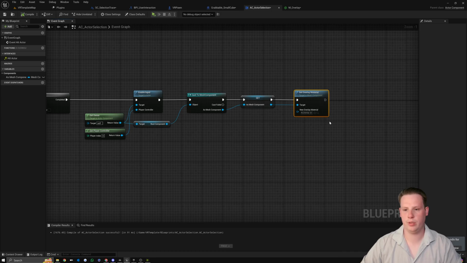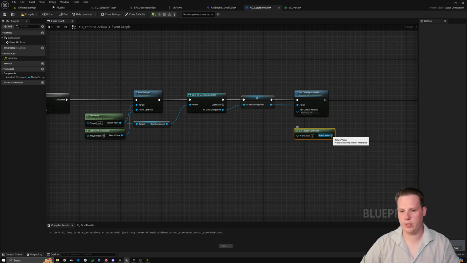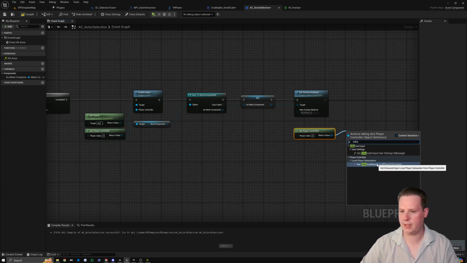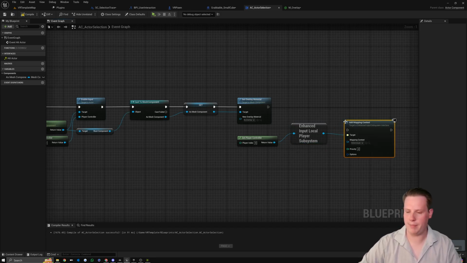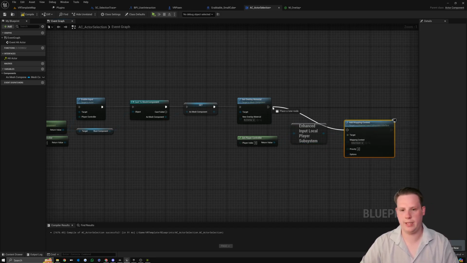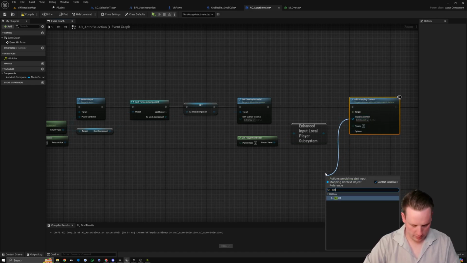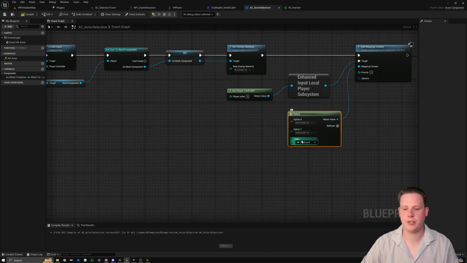So we're going to get the player controller, and we'll search for enhanced input subsystem, so get enhanced input local player subsystem, and we're going to add mapping context. Going to plug that into our set overlay, and for our mapping context we're actually going to drag off that and search for select. Cool, so we get the selection option, and what we can do here is we can pass through